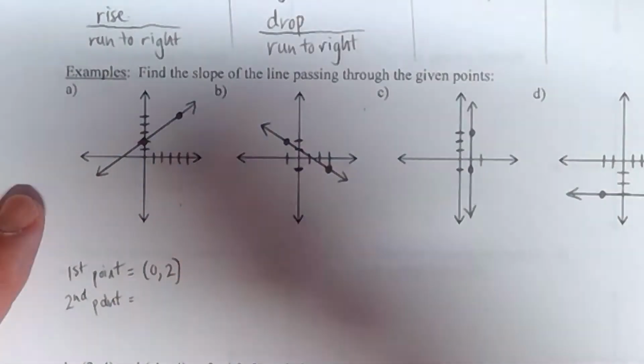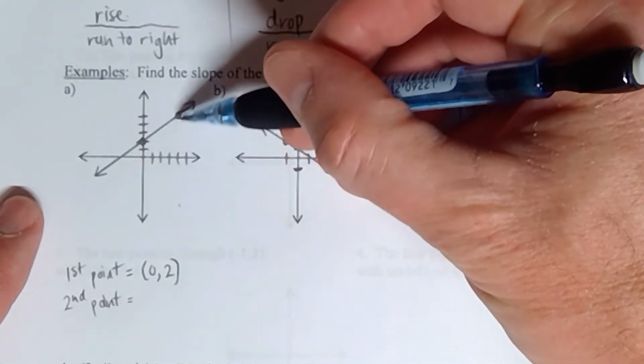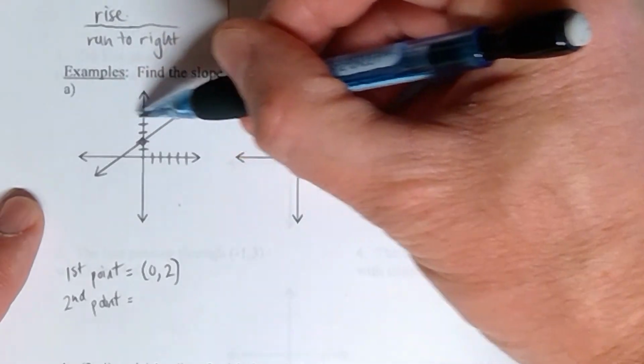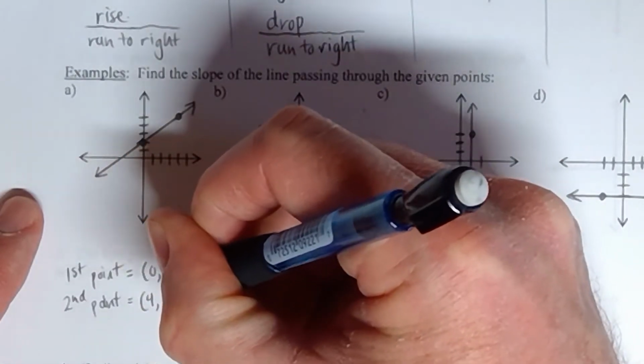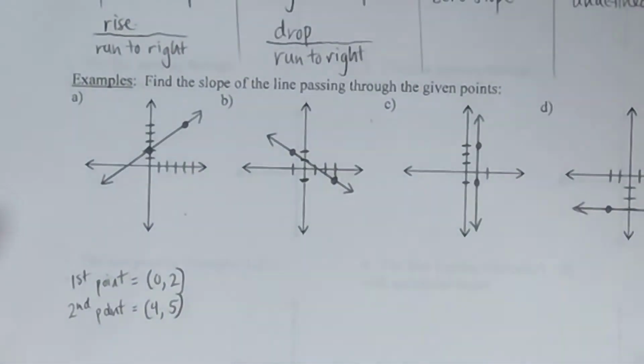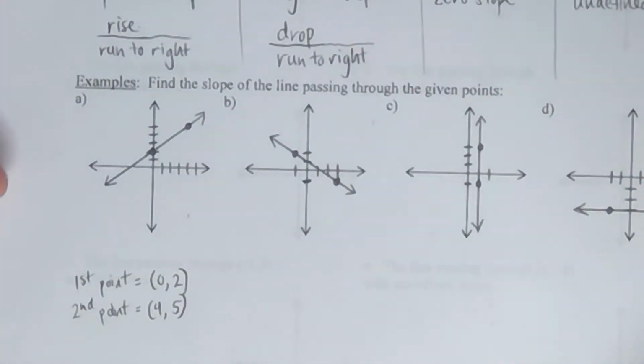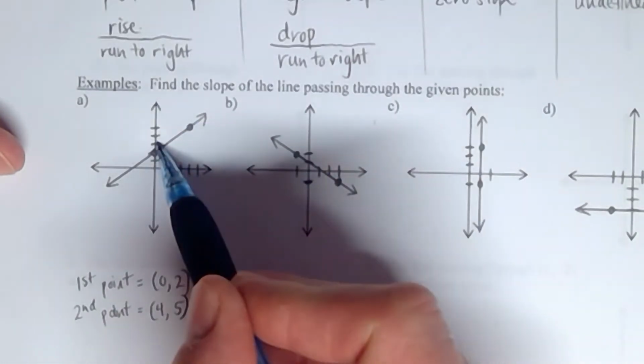The second point is what? Let's see here. It looks like x is equal to 4 right here, and y is equal to 5 right here. So I'm going to write that down: (4, 5). There are 2 different ways to figure out what the slope is equal to when you have a couple of points